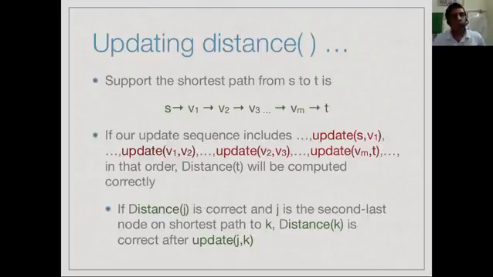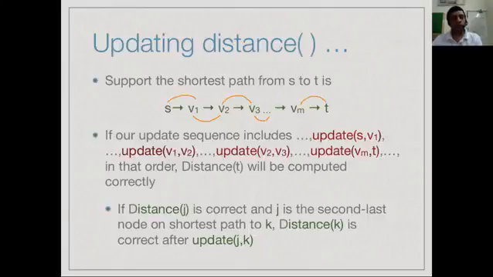Suppose we have two vertices s and t. We want to find the shortest path from s to t, and suppose there is a shortest path which goes via v1 to vm, as we have seen before. Now, if we do the updates in this order, that is, we first compute the update from s to v1, then v1 to v2, then v2 to v3, and in between we can do other things. It's only that these updates happen in this sequence. Then v3 to v4 and so on, and finally we do vm to t.